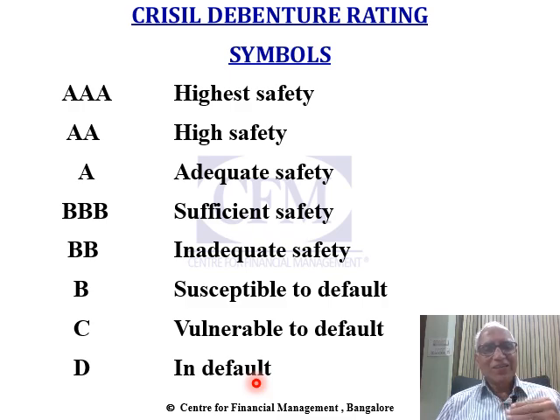Other credit rating agencies also use an 8-point scale. Their nomenclature may be slightly different, but the import is the same. Instruments which are rated triple B or above are considered as investment grade instruments. Instruments which are rated double B or below are regarded as speculative grade instruments. In popular parlance, they are called junk bonds. Of course, issuers would like to call them high yield bonds.